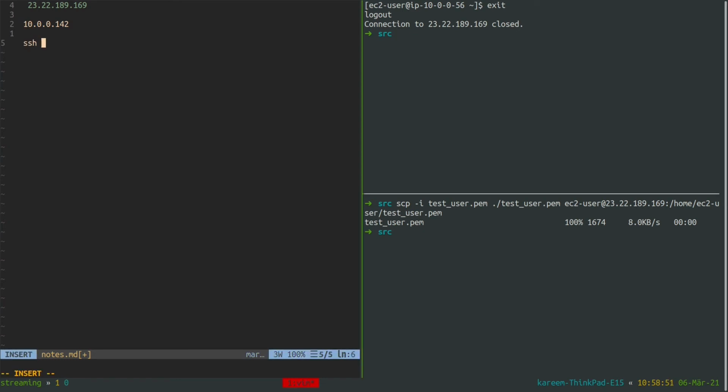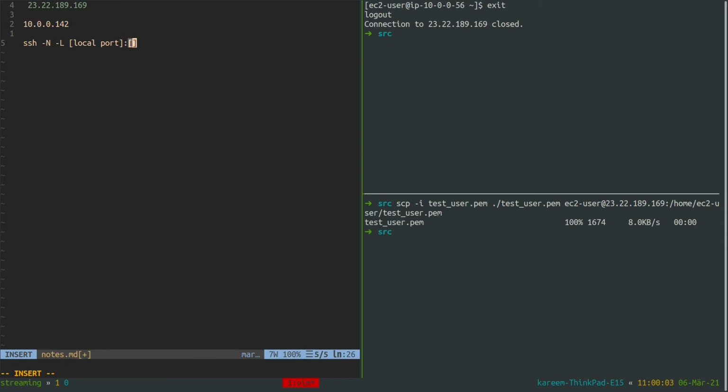I'm going to write here the format of the command we need. So we need to define the option -L. This -N is optional, and this will just open this SSH tunneling without SSHing to this public instance. It doesn't make a lot of sense, I know, but you can try it out with -N and without -N. And the first thing we need to define is an available port on our local machine. So I'm going to just use port 6000. This is just a local port, okay?